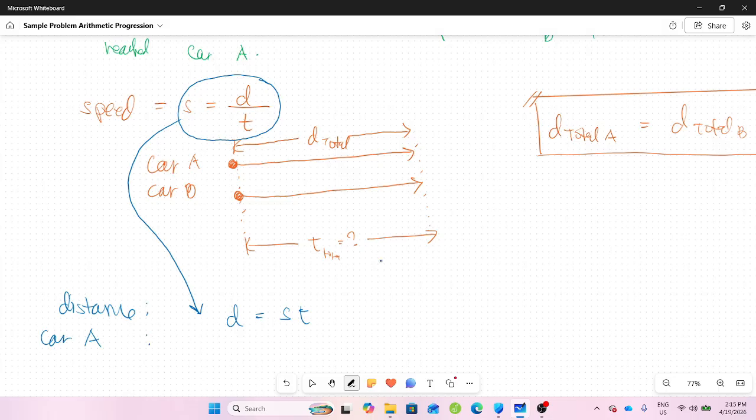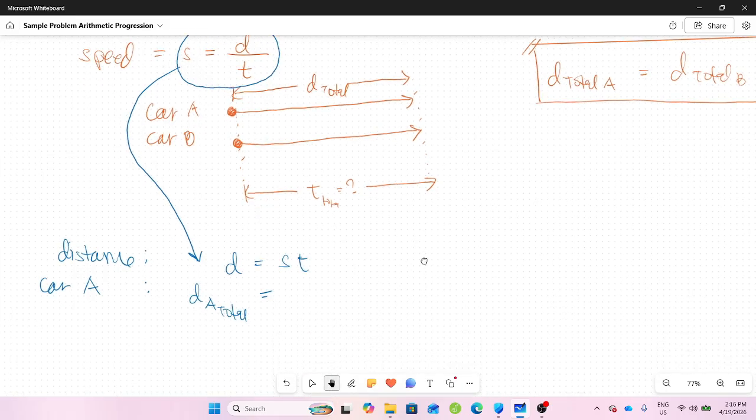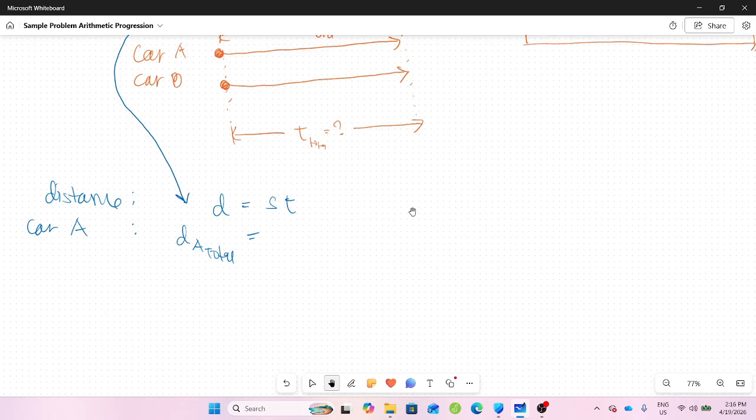car A, it is going to be the distance traveled by A. Let me put that correctly. So the distance traveled by car A must be its speed, so the speed of A, times T, T total, I would say T total